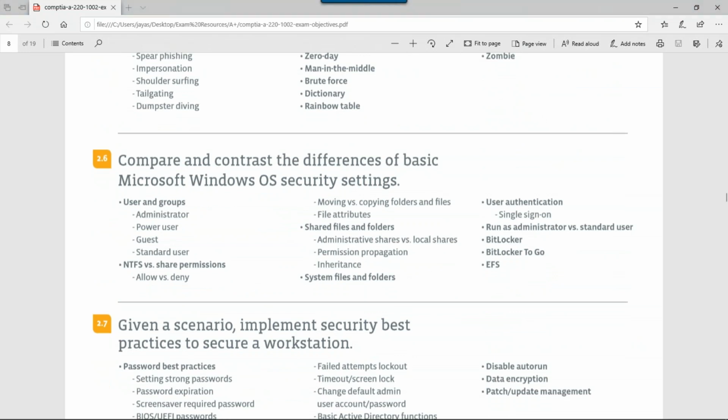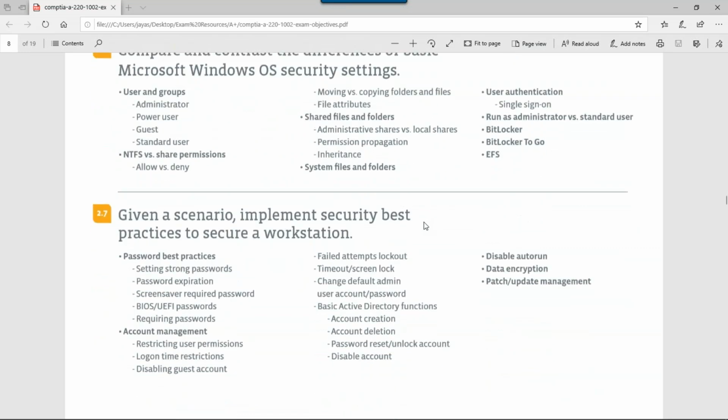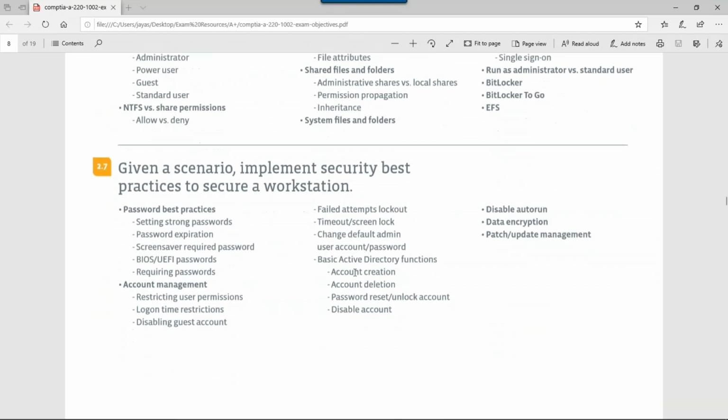What else? Power user. Yeah, I got a question on this too. BitLocker. Passwords.